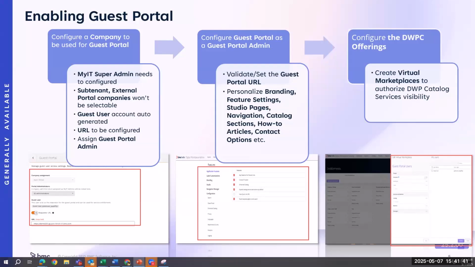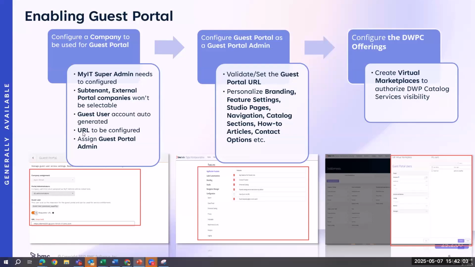So in case of SaaS, if you are entitled, the SaaS team will automatically create a guest portal URL and give it to you as part of the provisioning. If you buy that SKU, you can ask for the life cycle activation request to provide you the URL. Once you have that URL configured, you just need to copy paste that URL here. And in on-prem,